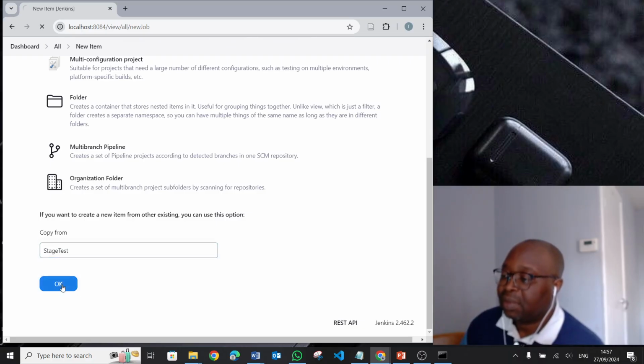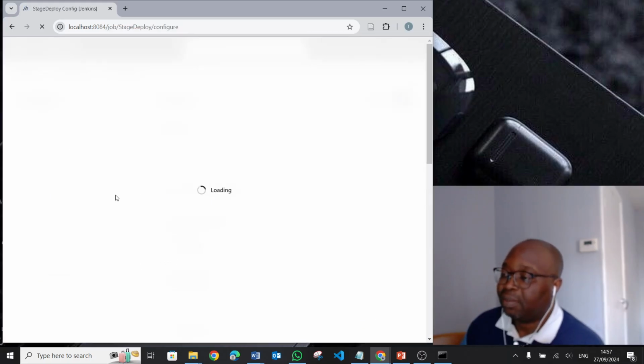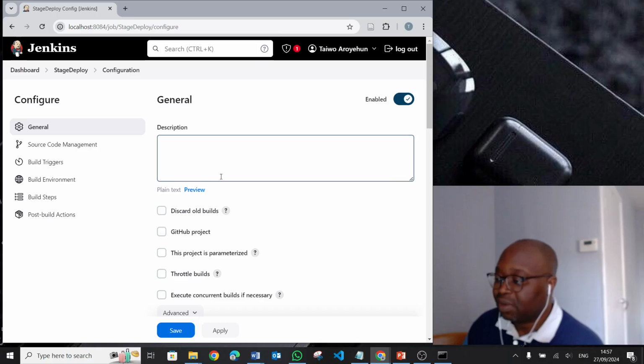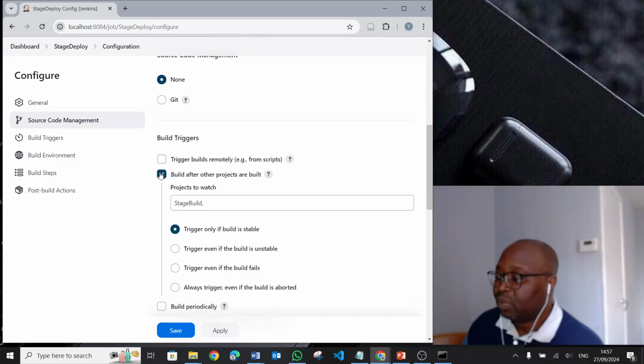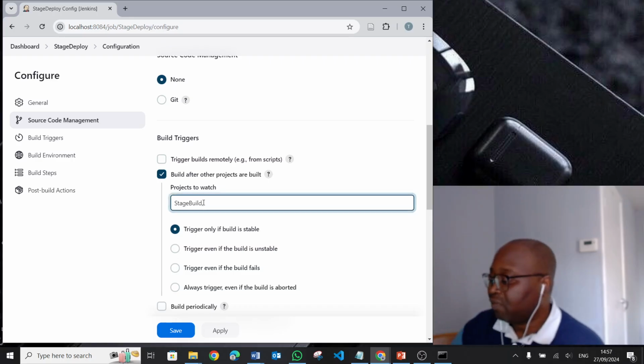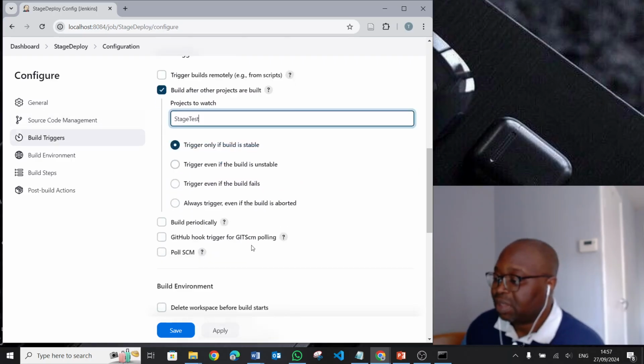Okay, so we're saying replicate the same configuration that you have at stage test. All right, so once that is done, we will come down again. The stage that we need to watch out for here will be stage test. Trigger if the build is successful,